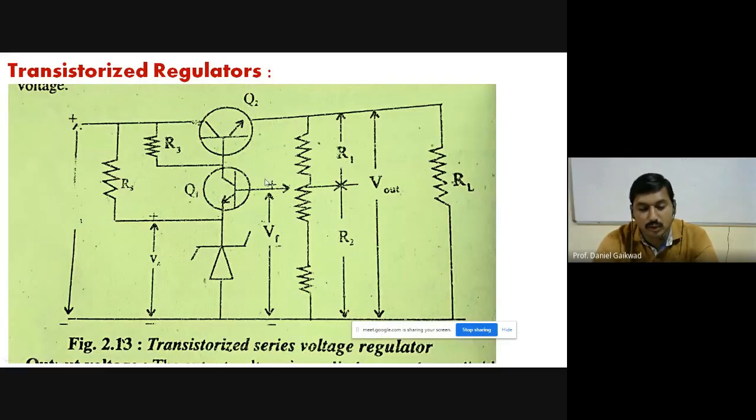Go through the video lectures, try to note down the notes, carefully draw the diagrams, and remember the technique of drawing diagrams, the symbols of the different components, and their polarities. These are important topics. Power supply is one of the important topics of the Electronics 1 syllabus. In the next lecture we begin with the output of the transistorized regulator. We have certain formulas, then the current limiting facility and different types of IC regulators that we are going to discuss. Okay.